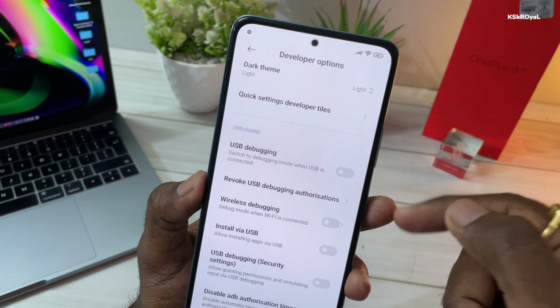Now once it's done, type this command to boot the Redmi Note 10 Pro into TWRP recovery mode. When the device is in TWRP recovery mode, inside the computer you will see the Redmi Note 10 Pro is mounted.